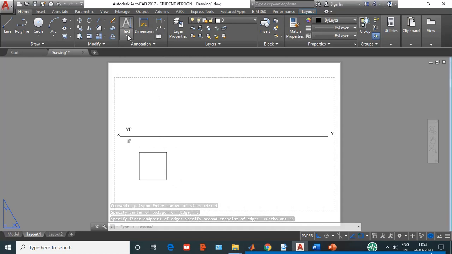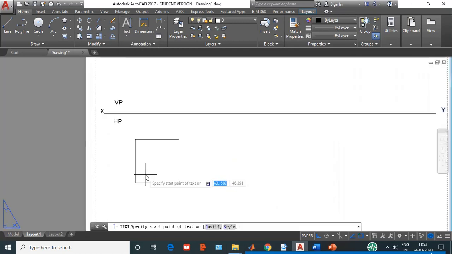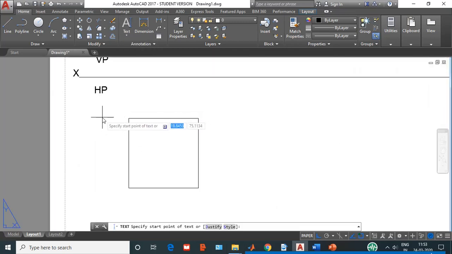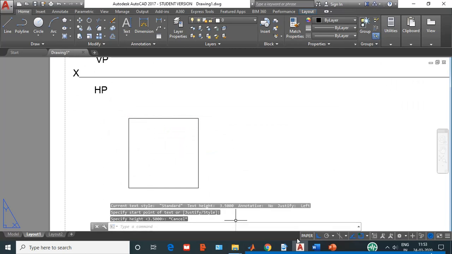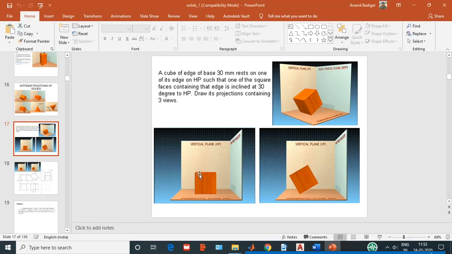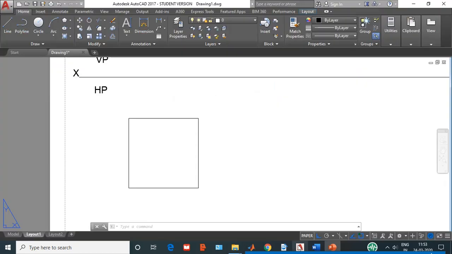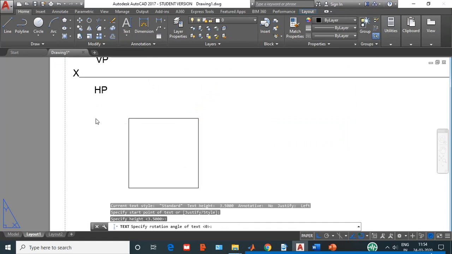So namings I already explained to you during the class introduction. I will just repeat it again. During the namings, I need to name it in such a way that if you look at this, this is the top face of the prism. The top face will be visible, whereas the bottom face will be hidden when you look from the top view. So the top faces which are visible, I will be naming as A, B, C, and D, and the bottom faces which are hidden, I'll be naming as A1, B1, C1 and D1.